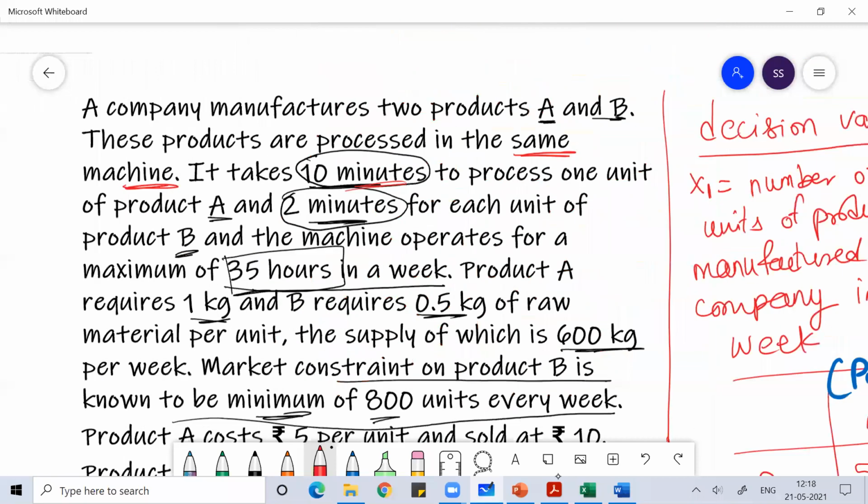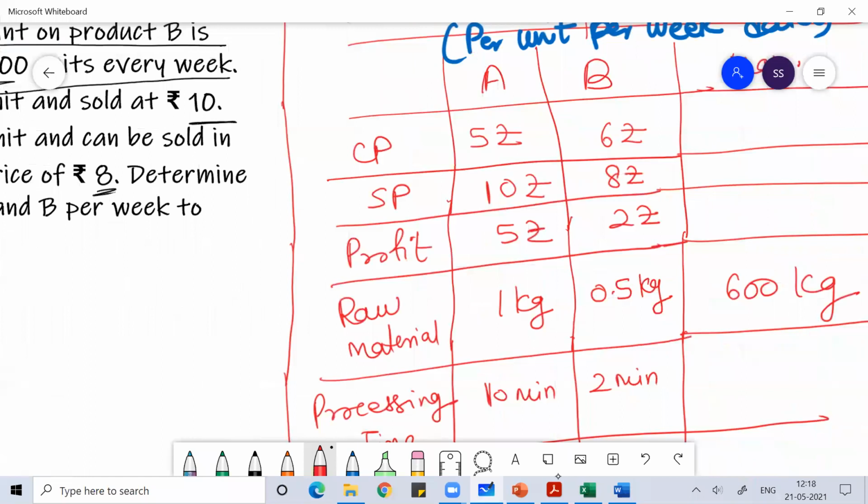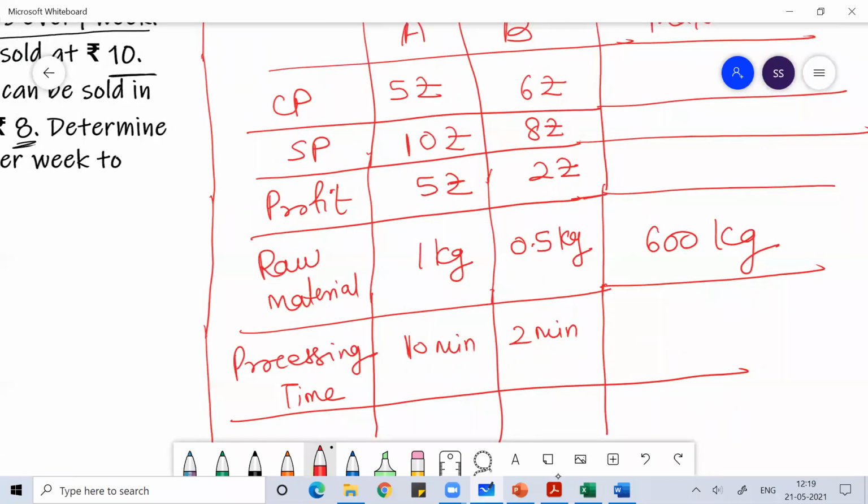And the maximum you can use it is 35 hours. You need to convert 35 hours into minutes, or convert the 10 and 2 minutes into hours, whichever is okay with you. So 30